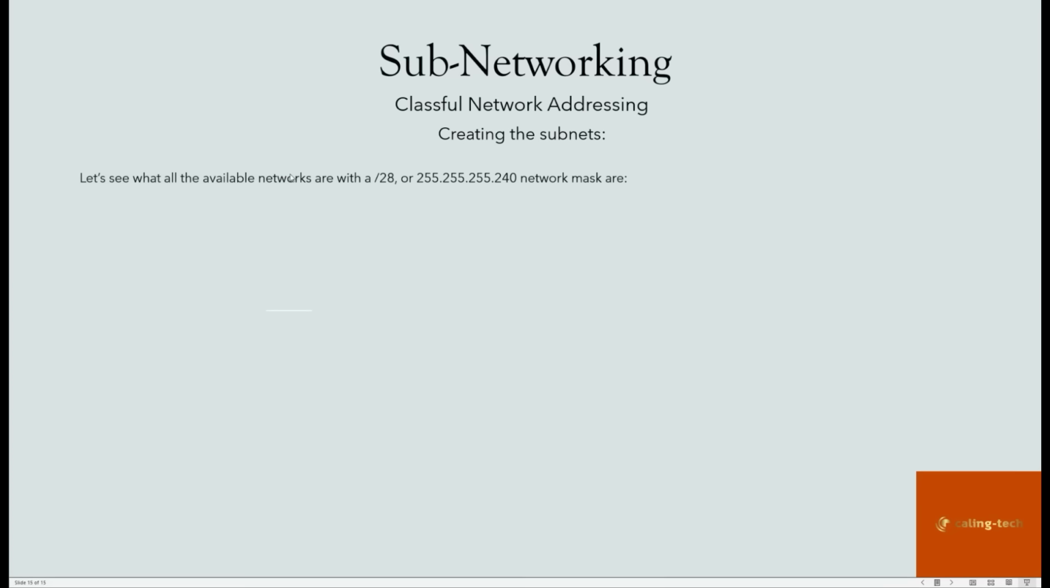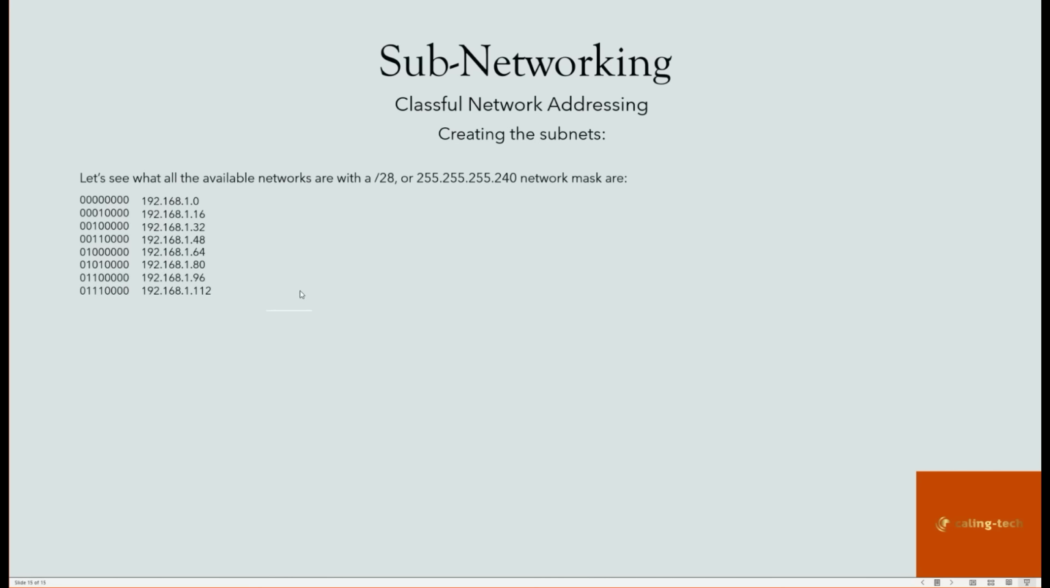So let's have a look at all the available networks that we have with a /28 or a 255.255.255.240 network mask. So we start at all zeros and we get the 192.168.1.0 network. Then we get the 192.168.1.16 network. Then we get the 32 network. Then we get the 48 network. Then we get the 64 network. You notice it's going up in 16s. As I said, you start at the right-hand side of the ones with the lowest number, and that's how the networks will increment. So the next one is 80, then 96,